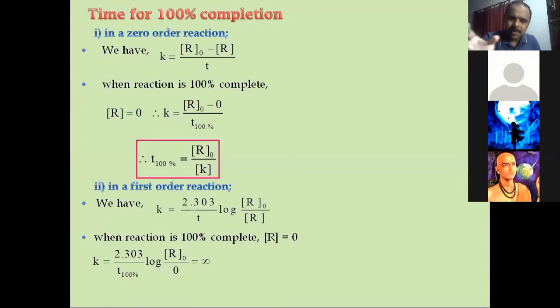Take that beaker where the first order reaction is happening. Heat it on a Bunsen burner for about 1 hour at about 70 to 80 degrees centigrade. So what happens? Will it complete? Later in this chapter, we see the effect of temperature. For every rise of 10 degrees centigrade, the rate is found to double, or in some cases triple. So if you maintain 80 degrees centigrade, the rate becomes manifold, 2 to the power 8. It becomes so many folds.